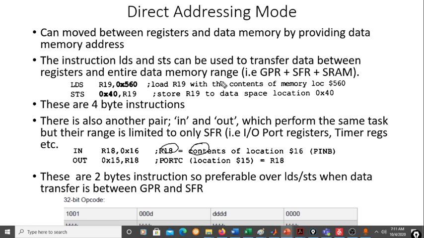Direct addressing mode. In the direct addressing mode, we move the value from the data RAM to the register by specifying the address of the location, specifying it directly. We have two variants that use the direct addressing mode. One is LDS and STS, and the second one is IN and OUT. LDS and STS are 4-byte instructions. In the next slide,